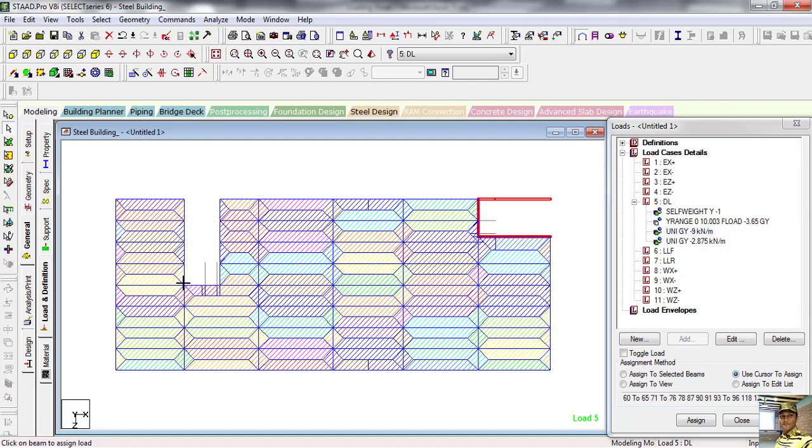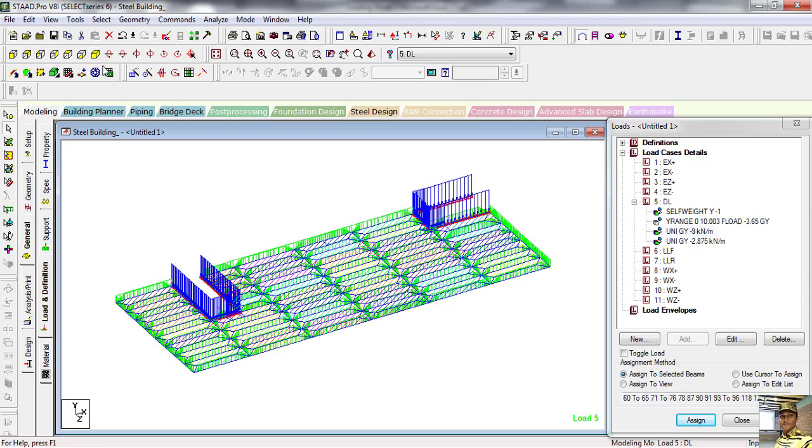Also select this beam, this beam, and this beam. Assign to selected beam, assign, yes.